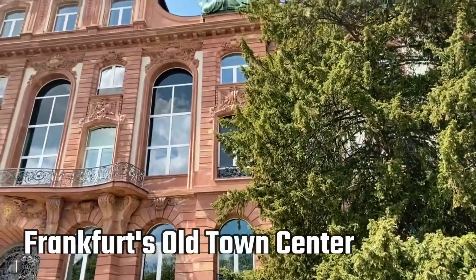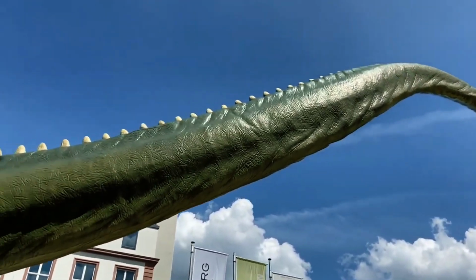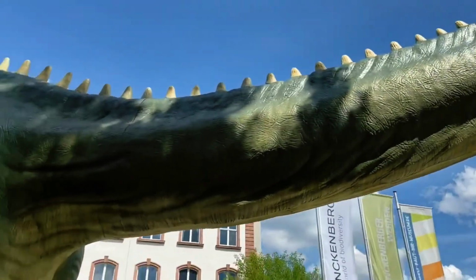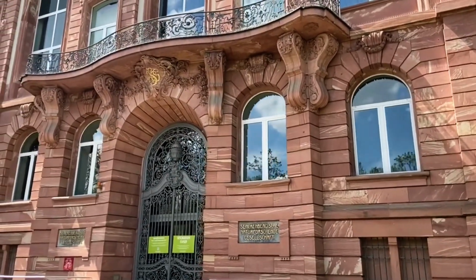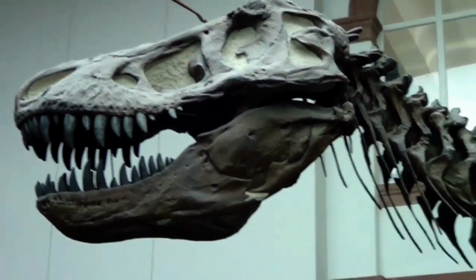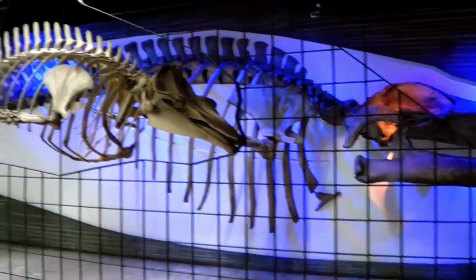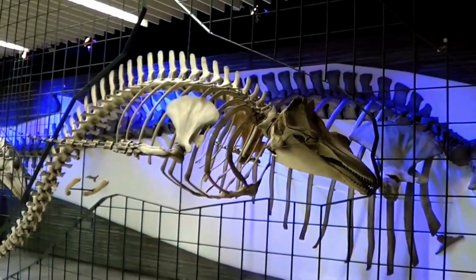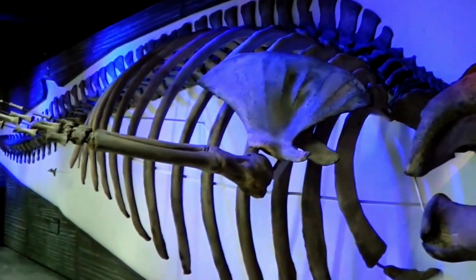Number 9. Senckenberg Natural History Museum. Senckenberg Natural History Museum in Frankfurt's Senckenberg Gardens, a haven of discovery and wonder. Step into a realm where the mysteries of our planet's biodiversity and the evolution of organisms come alive in breathtaking displays. Be awestruck by Europe's largest exhibition of magnificent dinosaurs, their life-size replicas creating the perfect backdrop for a memorable